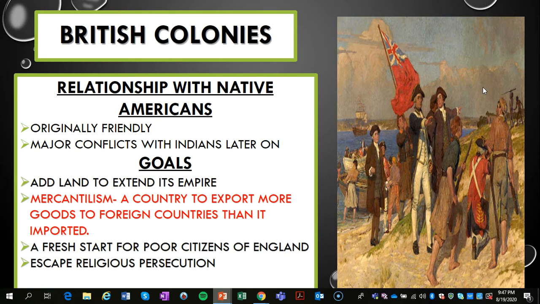Also, they had this idea. It was a fresh start for many poor citizens in England. Many cities in England were overcrowded, and people were in debt. And when people were in debt at the time in England, they got thrown into debtor's prison. So these debtor's prisons were becoming overcrowded. So they had an idea: hey, we could send these colonists who are in debt to the New World, they can farm, they can pay us back by working for us. And then in exchange, we can give them a small piece of land and then they can kind of create